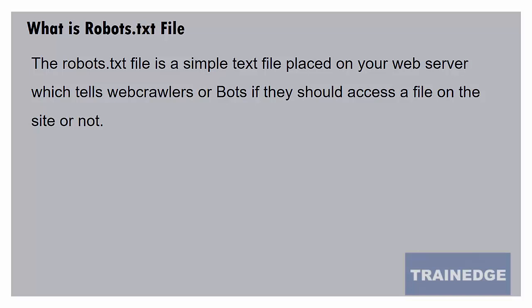The instructions in this file are read by the bots when they visit the website, and based on the instructions, the bots will either index certain pages by crawling them, or they will not crawl those pages or those sections of the website. But these are instructions, and whether the bots follow or not totally depends on the bots. So they can choose to ignore the instructions in the robots.txt file, but good bots, which are from legitimate sites like Google bots or Bing bots, generally follow instructions that are kept in the robots.txt file.